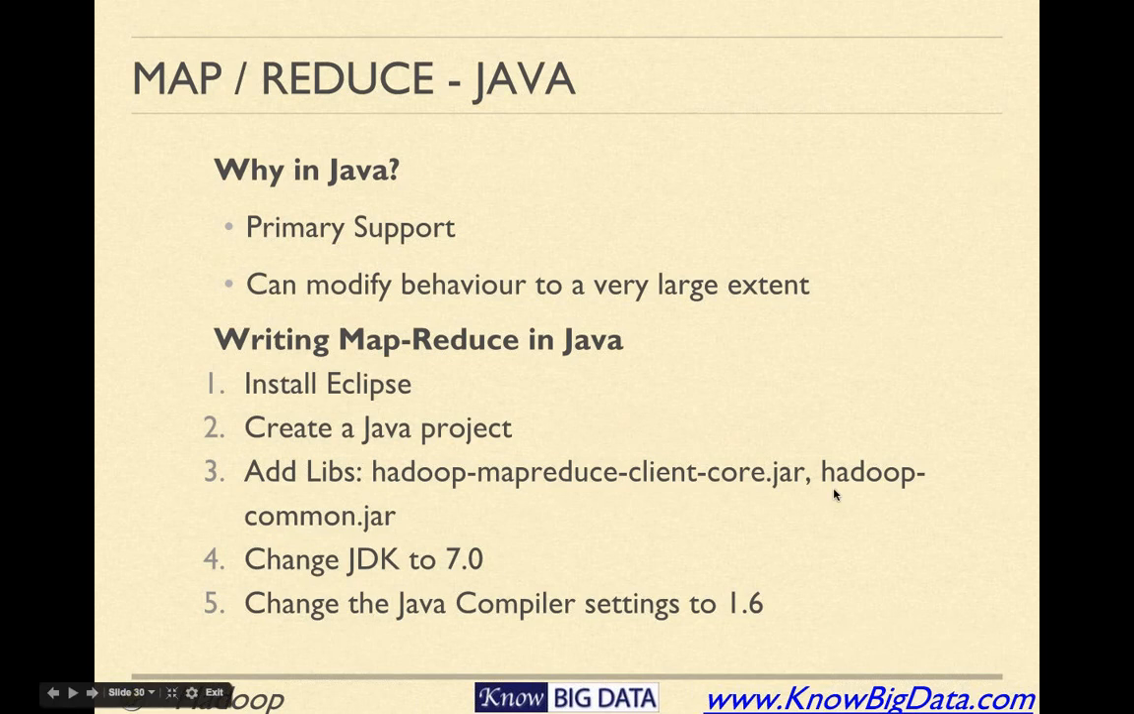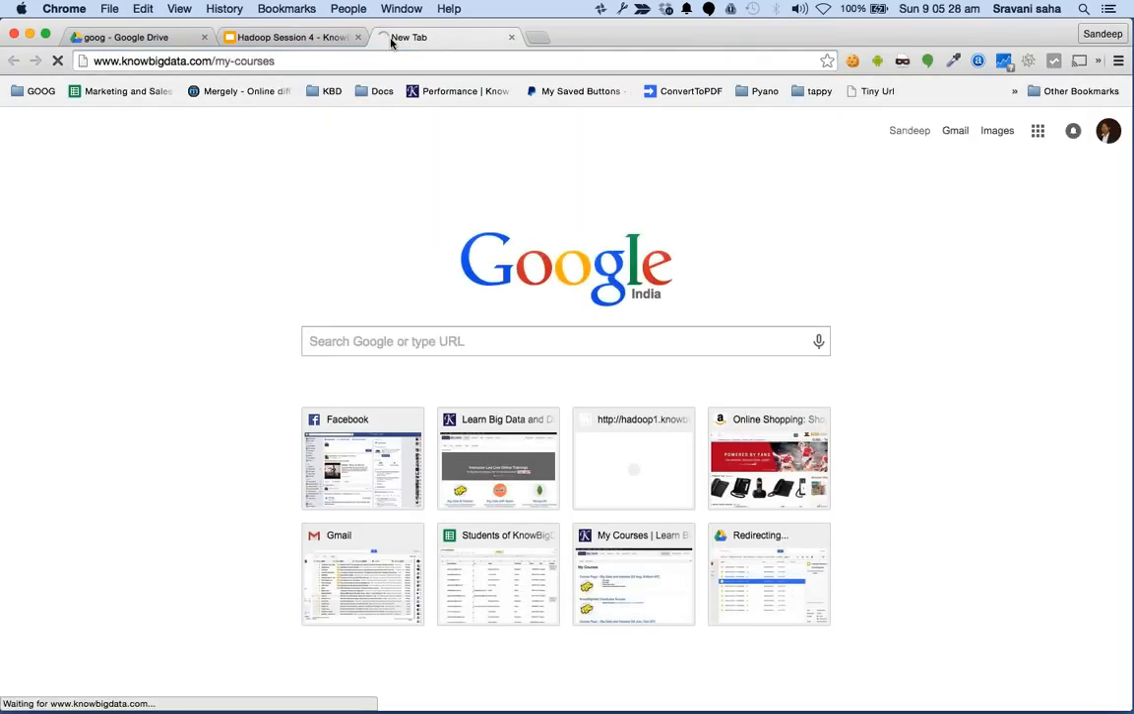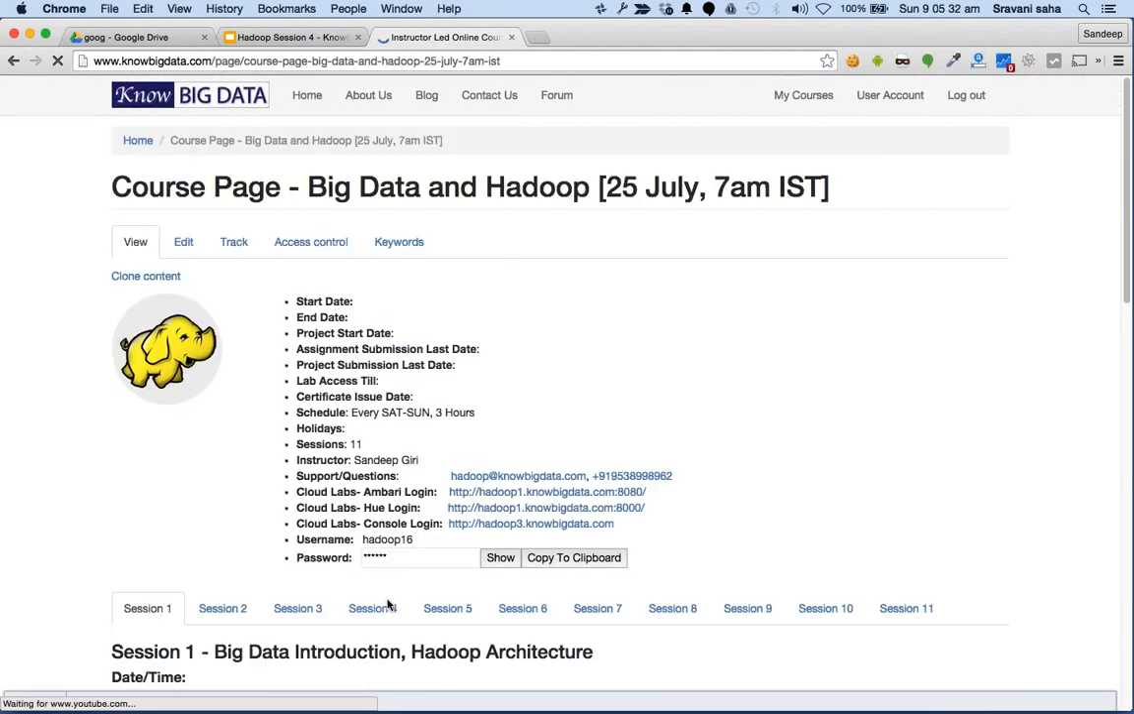To do this, the first and foremost thing you need to do is install Eclipse. Any Eclipse will do as long as your Java is working on the machine. So install Eclipse, create a Java project, and once you have created the Java project, add all the libraries available there. I have put a good video on my website on how to configure an Eclipse project. Also, I have put a couple more things there